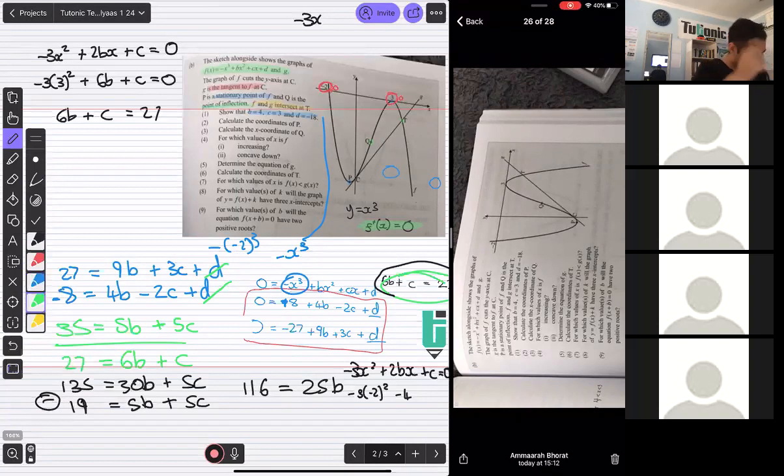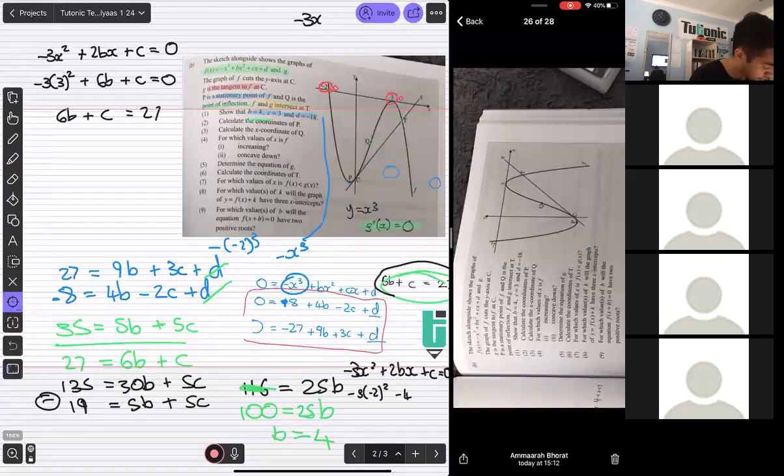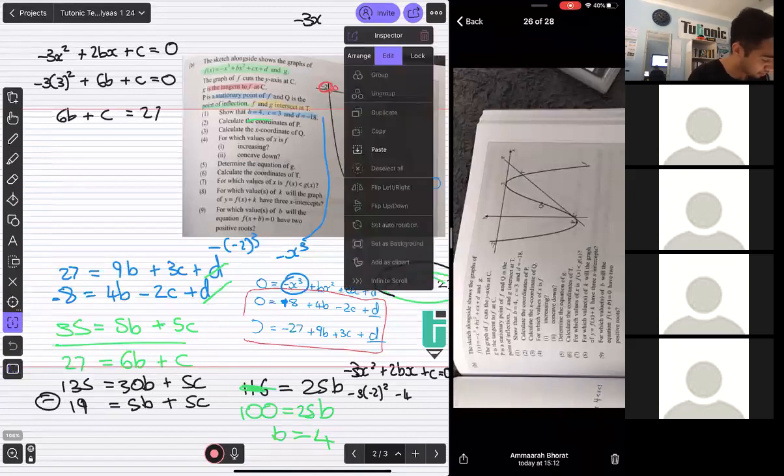And then when you subtract them, it will be 100. So it's 100 equals 25p. It will give you 4. There we go. Guys, do you mind if I skip this next part of C and D, because you know how to sub in, right? You can sub in B equals 4 and then solve for C, and you can sub in B and C and solve for D. I think you guys are comfortable with that. So just in the interest of time,